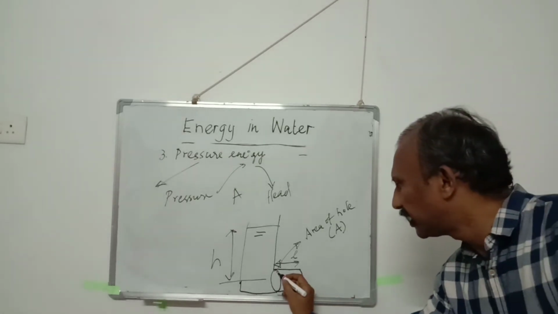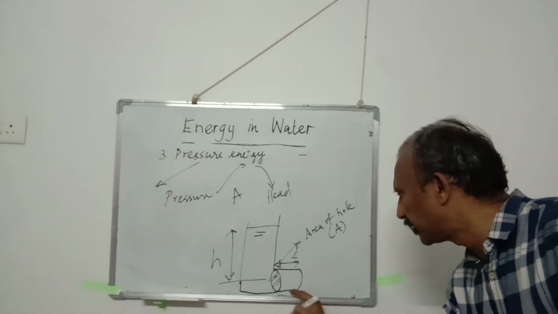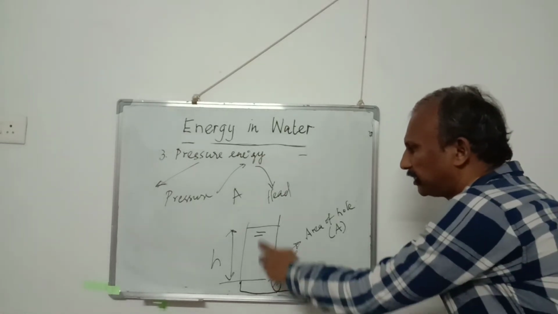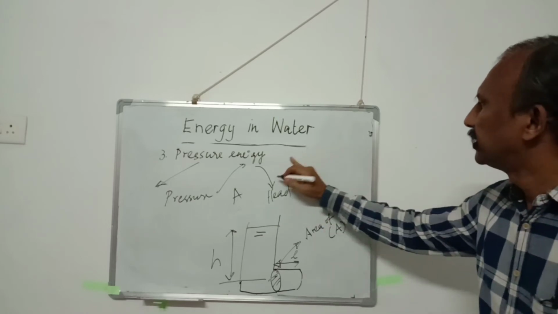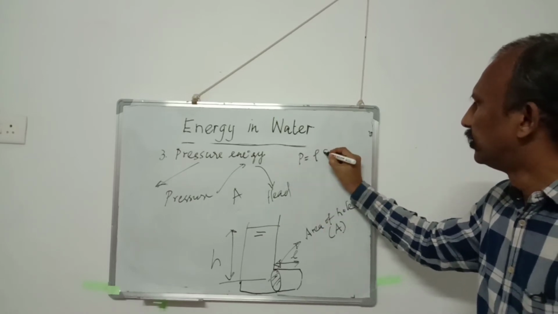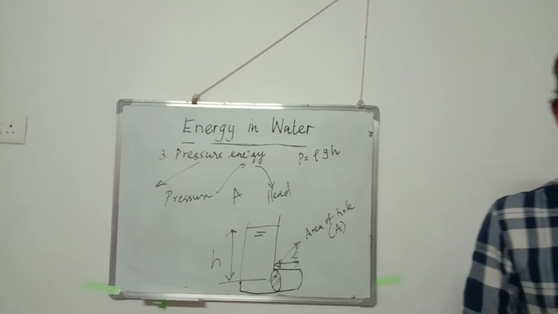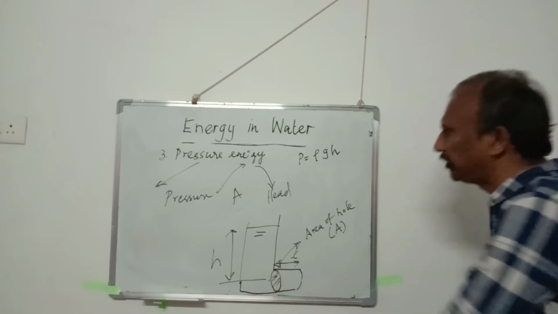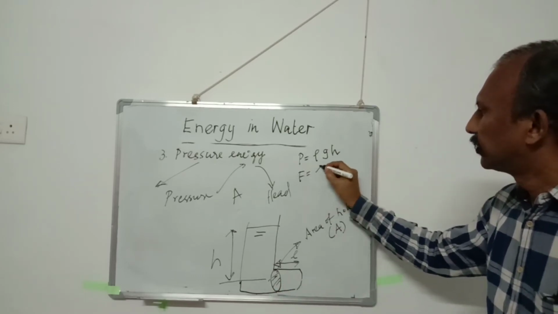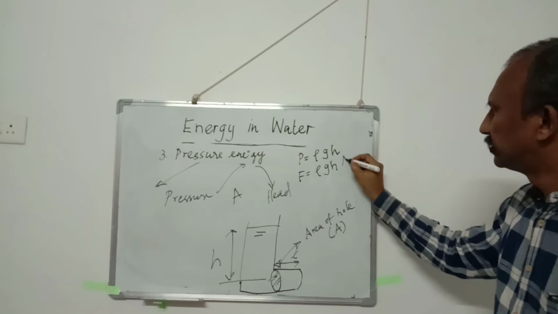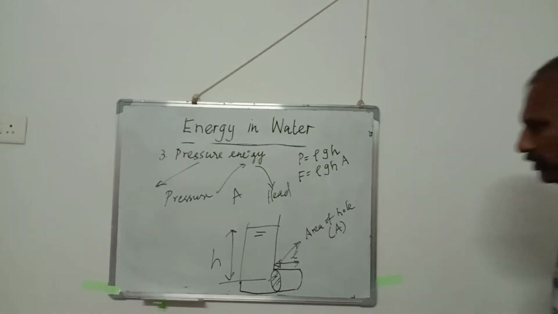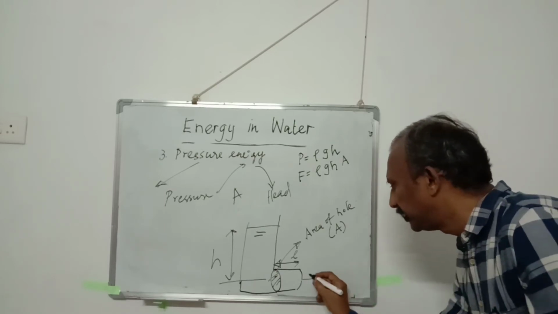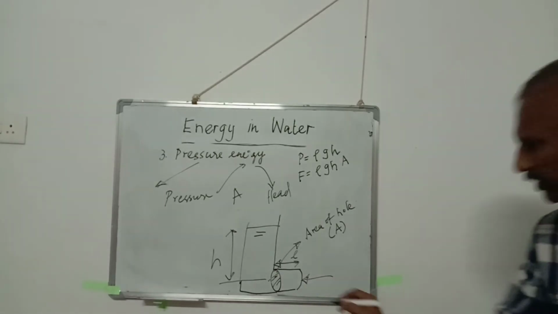So what is the pressure on this side? This is the water particle to be sent inside the tank. And what is the pressure on this side? Pressure on this side is equal to rho g h. So the force on this side is equal to rho g h into A. So force on this side is rho g h A, meaning how much force is needed to be given on this side. If there is no friction,